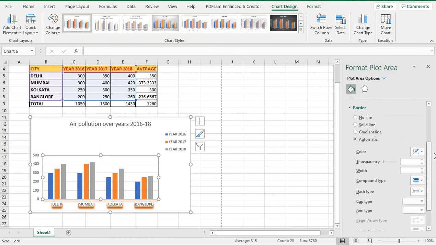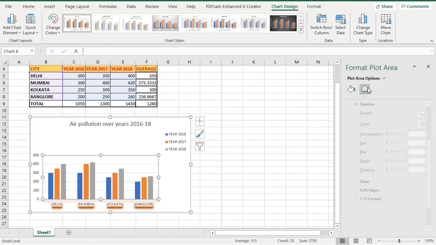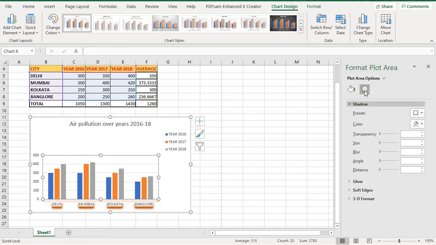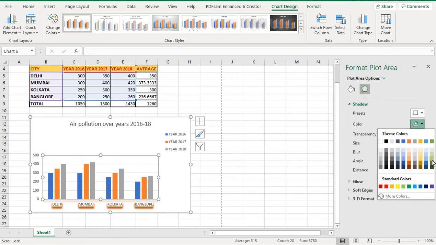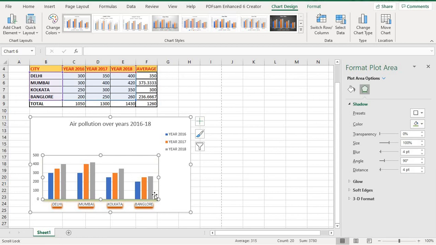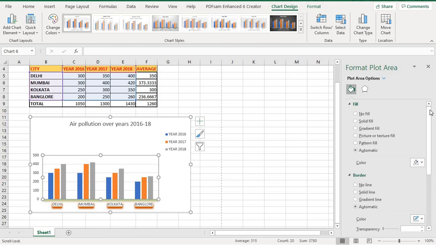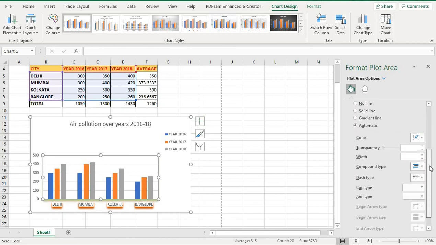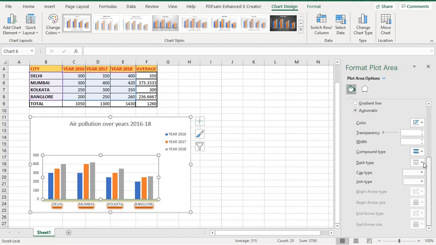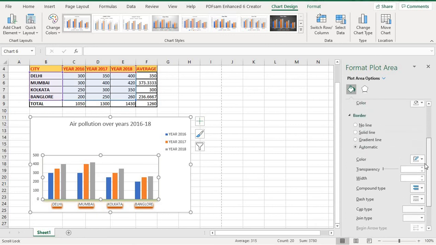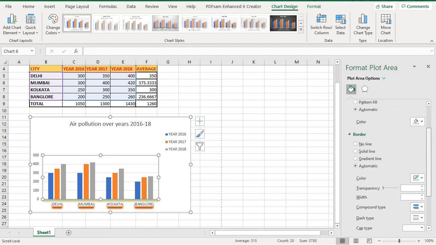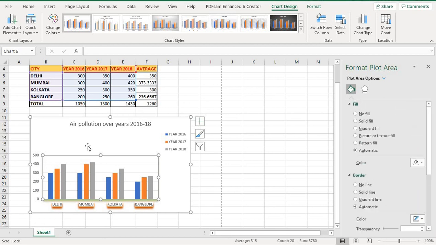Now I want a shadow in the plot area as well. Go to Shadow and click on the shadow option. It will show a shadow behind the plot area. You can put a border, change the dash types and change the color as well. So in this way you can format the plot area.